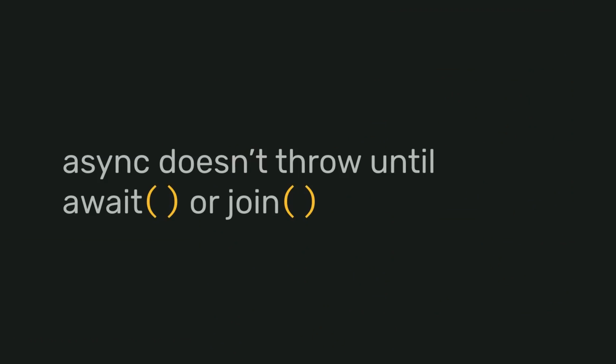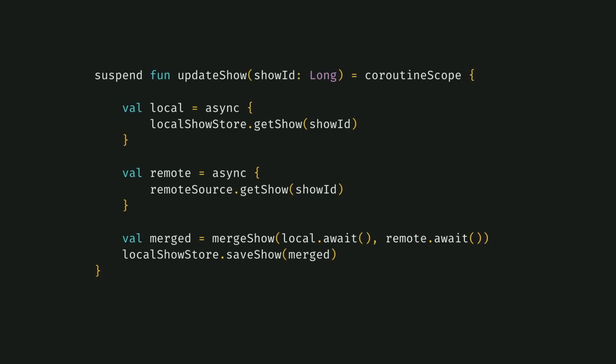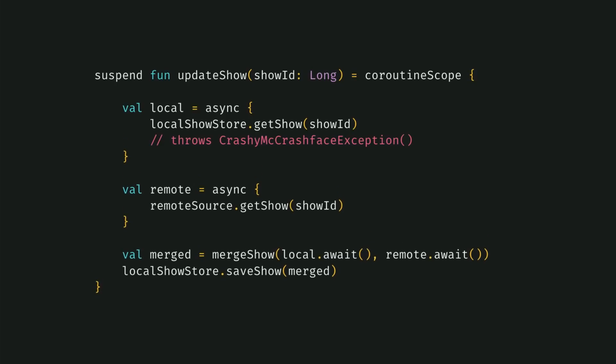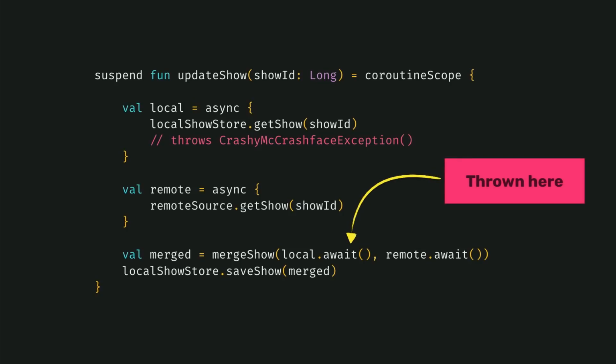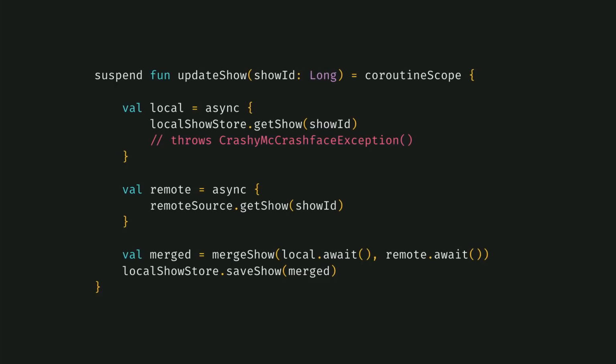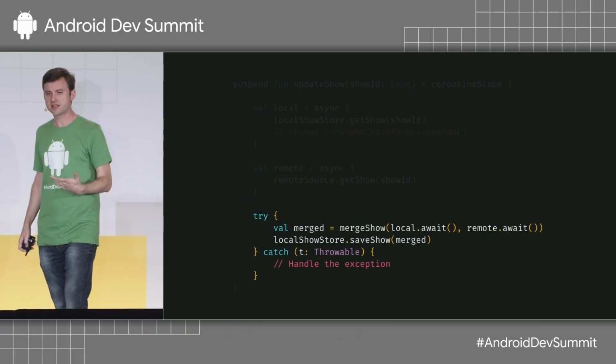So async is a little bit different. If an exception is thrown while something that you launched with async is running, it'll hold on to that exception and only throw when the caller calls await. So coming back to our example from before again, let's go ahead and use what we know. We throw our exception from one of these async jobs. But that gets thrown from this call to await itself. So we know exactly where we need to try and catch that exception, just kind of in the normal way,